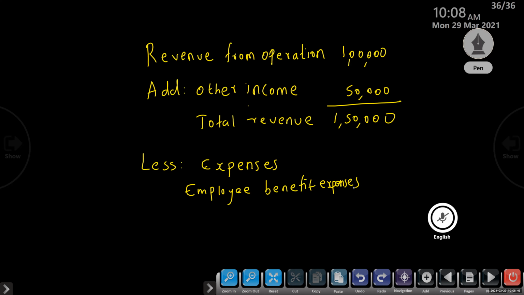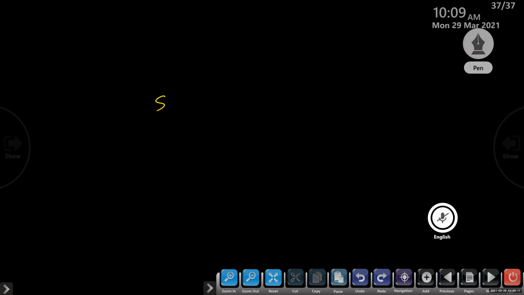Employee benefit expenses. If you want, you can write what the items are down in the notes record. Write on the next page; only one page is enough for writing the format. On the next page you write the working note. Here no need of any working note, you write a note: what are the items? Salaries and wages. That is employee benefit expenses.